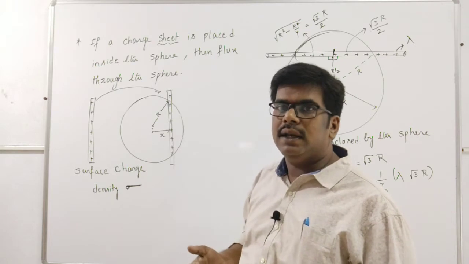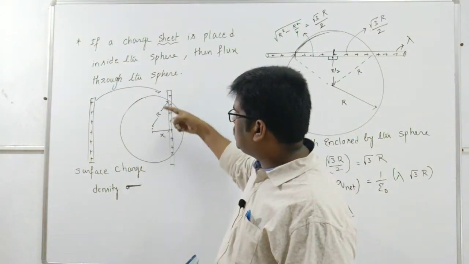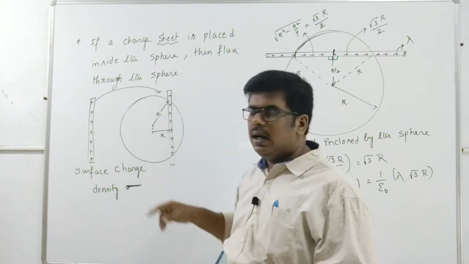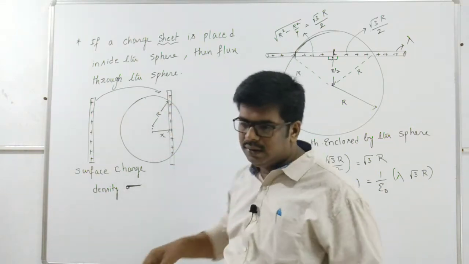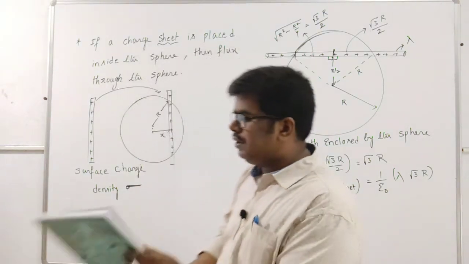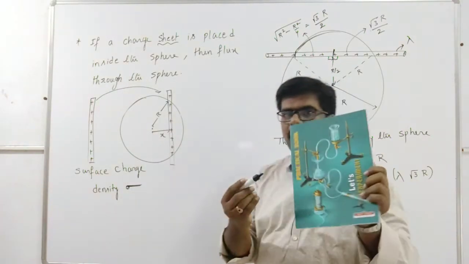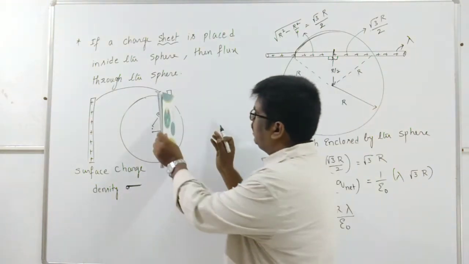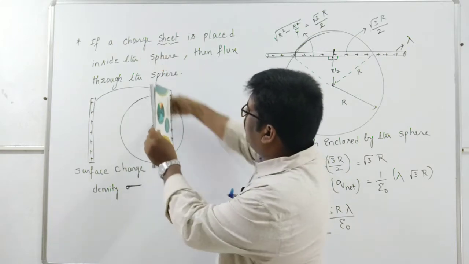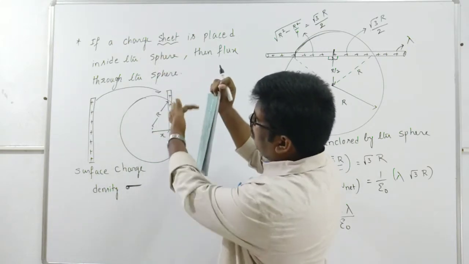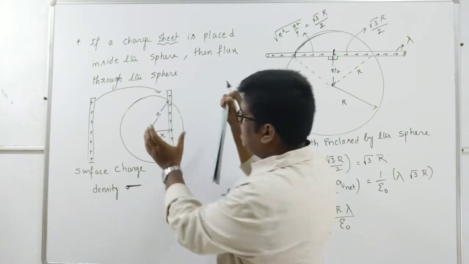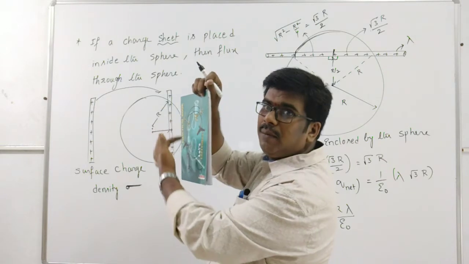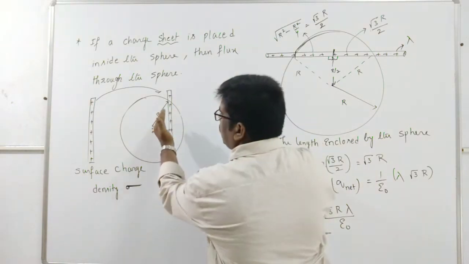Area of the plate, in the sense, it is a spherical shape, no? A circular shape of sheet is enclosed by this sphere. A circular shape of plate is enclosed by the sphere means, let us suppose this is a sheet. If you have it like this, this much curved part is present like this. Then it is enclosed by the sphere. Then how much of the sheet is enclosed by it? Which kind of part is enclosed by the sphere? A circular part of the sheet is enclosed by the sphere.